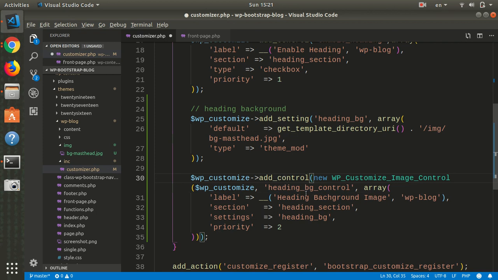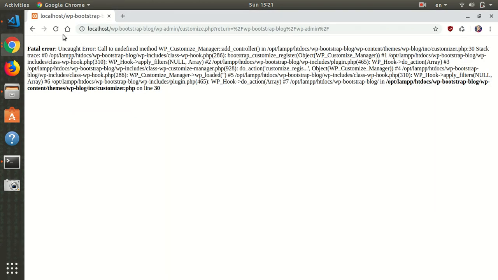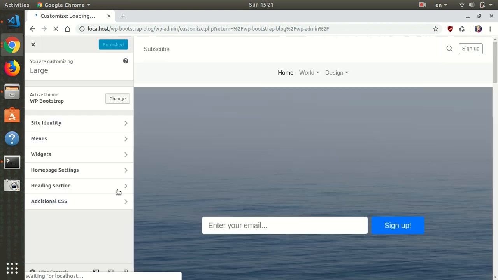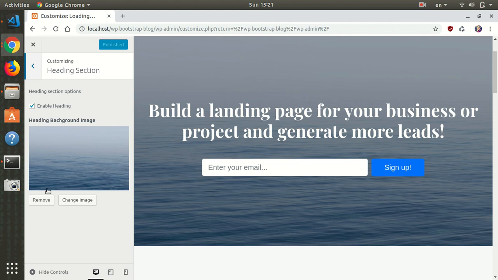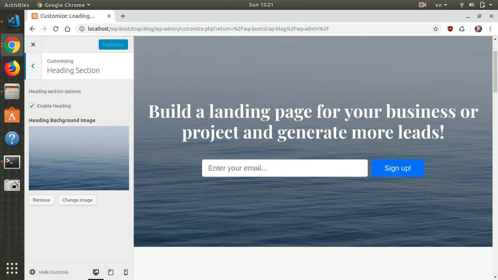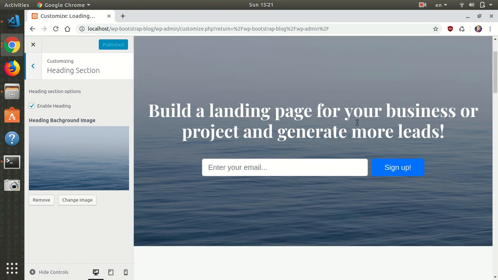Okay, so let's save and let's get back into here and let's reload. Okay, so now it's working, and now we can see that we have the default image background. So if we go to the heading section, we have this option to change the image, remove, and so on. Okay, so basically it's actually it should not display that here, but we already